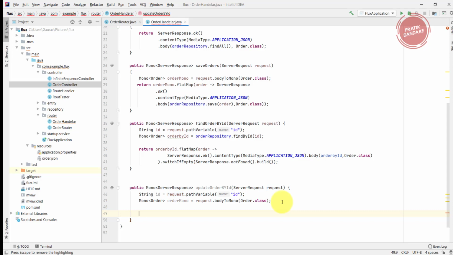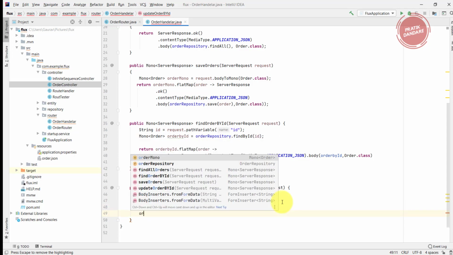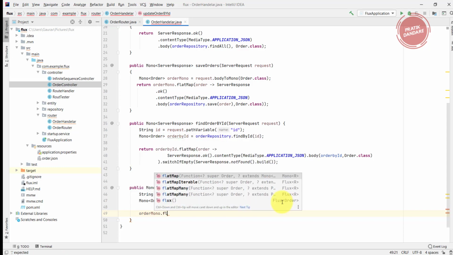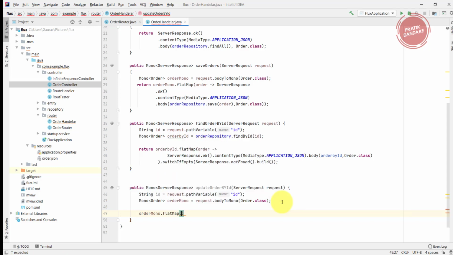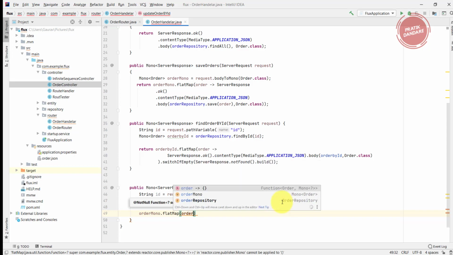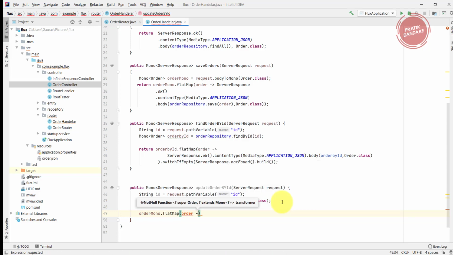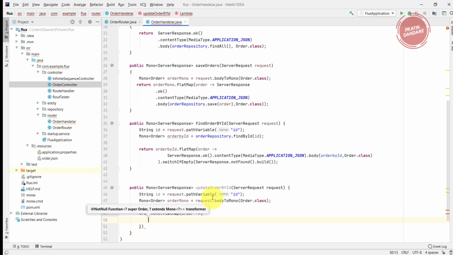Now let's write the code for the update. We have orderMono and I use flatMap, and this is the actual order. We have the order here, and after that we have the id here too.